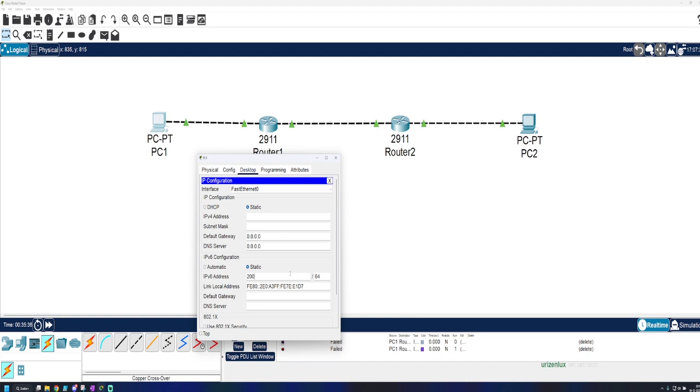Don't do this manually. It's a pain in the actual butt. A, B, B, 1, 2, 3, 4. Okay, now it's set. Now we're just going to copy this